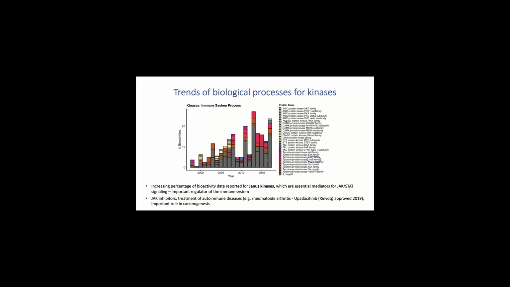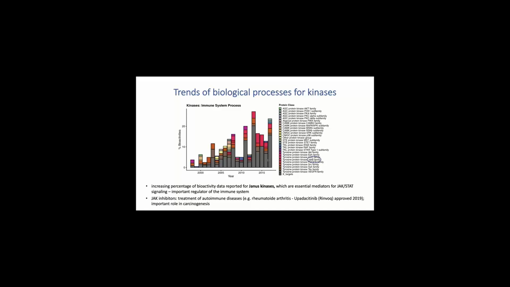Looking into the contribution of the different protein classes, we saw that the family of Janus kinases contributed a lot. Going into the literature, I found out that indeed in the last 2 years there have been two drugs approved that are Janus kinase inhibitors for the treatment of autoimmune diseases, especially for rheumatoid arthritis. So these might be really interesting target classes to focus on.